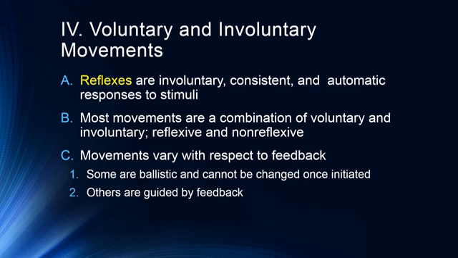Others are guided by feedback. For example, when you go to open a doorknob and you're not sure if it's locked, you turn it to see. You're not going to just ballistically grab a hold of it and yank it as hard as you can. You tend to break things that way. But you'll turn it to see if you get resistance, and then maybe jiggle it a little bit. And I'm sure you, like me, have at some point in your life stood outside a bathroom door you thought was locked from the inside, because you went to turn the knob and it was too hard to turn, so you assumed it was locked, and it just turned out it was a stubborn doorknob. That's that kind of feedback-guided movement, whereas a ballistic movement is one that can't be changed once it's initiated. So these are these kind of automatic things that happen.